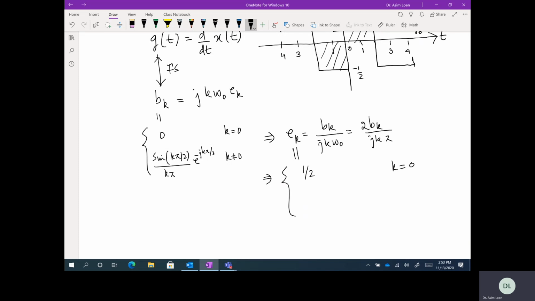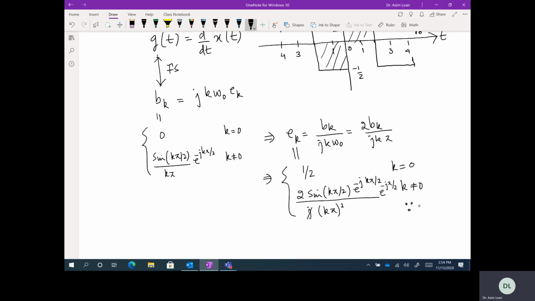And otherwise, if I just plug in these values, this will be 2 here, sine k pi by 2, and I'll have e to the minus j k pi by 2, because this is shifted, not centered around 0, for k not equal to 0, divided by k pi, so this will be j into k pi squared. Actually, I can take this j pi up in the numerator. I can get rid of this j pi, and I can put here e to the minus j pi,